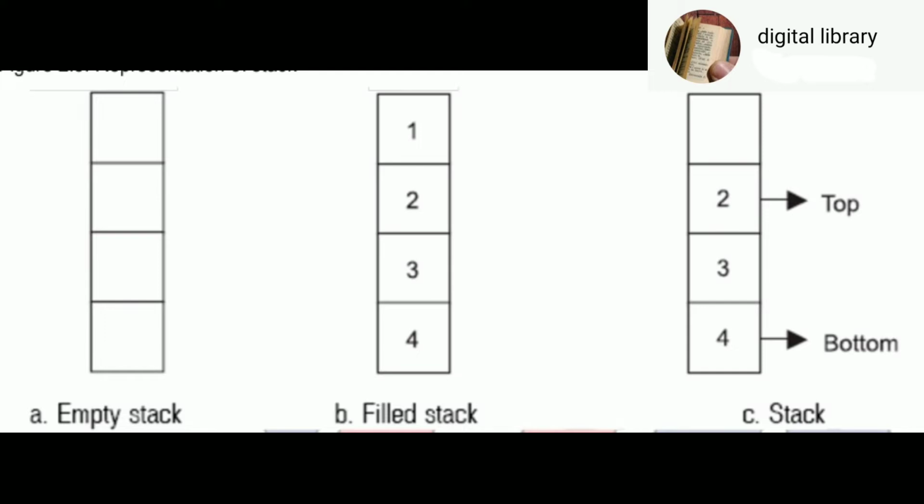Top has value 0 when the stack is empty. Some programmers assign 1 to top as the initial value. This is because when an element is added, top is incremented and it would become 0. Stack is generally implemented with the help of an array. In an array, counting of elements begins from 0 onwards. Hence, on similar grounds, the stack top also begins from 0 and it is convenient to assign -1 to top as the initial value.